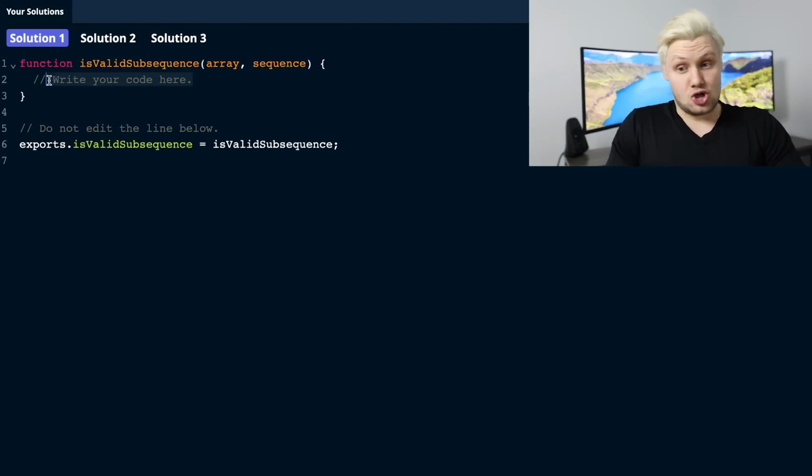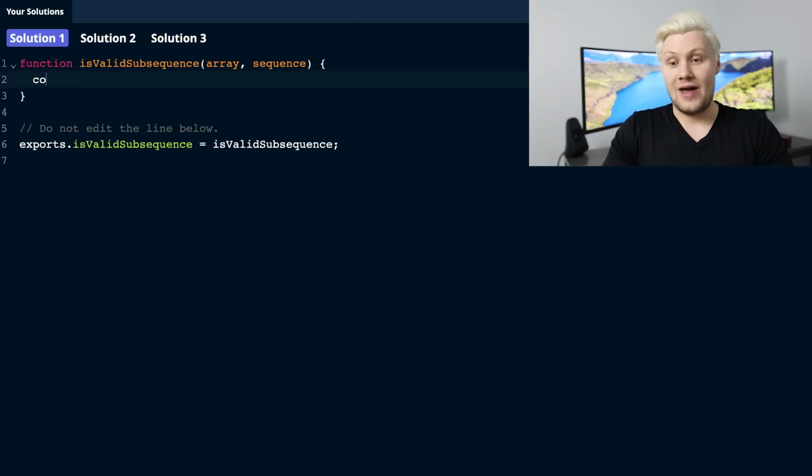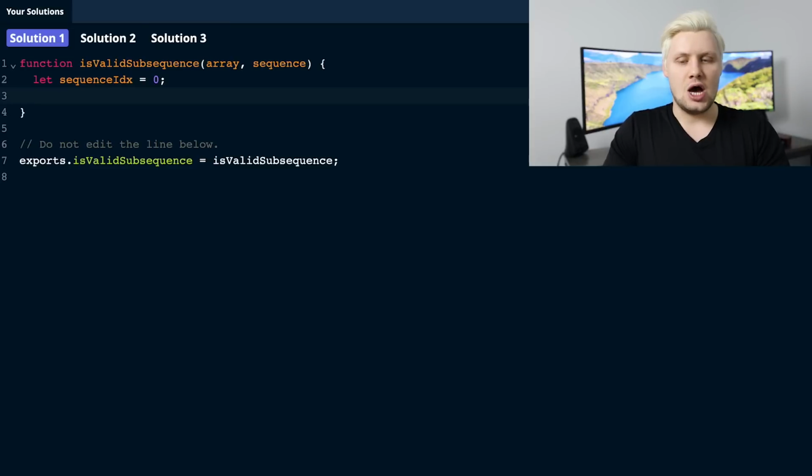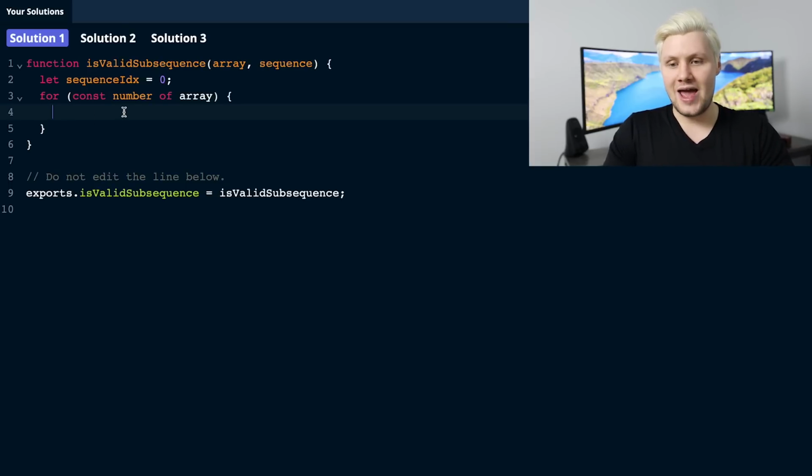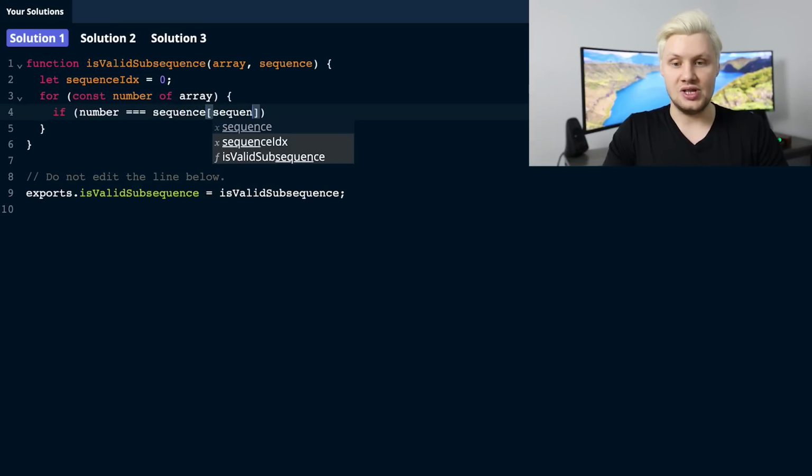So let's try this. We're going to say const, or rather let, because we need to be able to update this variable. In JavaScript, const means you cannot update it. Let sequenceIdx equals 0. And then we're going to say for const number of array. So we're iterating through the numbers in the array. If number equals sequence at index sequenceIdx,